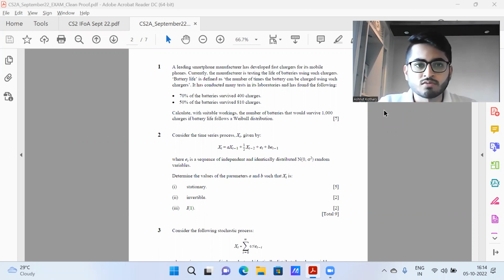Now, as for the paper CS2A, again, I will say this was a tricky paper. There was a heavy weightage of time series questions, and I mean, probably we had around three questions worth 35 to 40 marks from time series alone. So some of you were taken a bit surprised by the sheer quantum of the marks devoted to time series in paper A. So we will look at each of the questions, and I'll also discuss where students generally